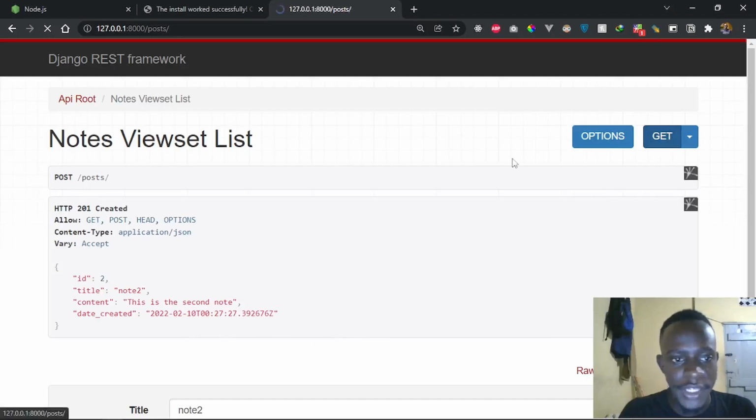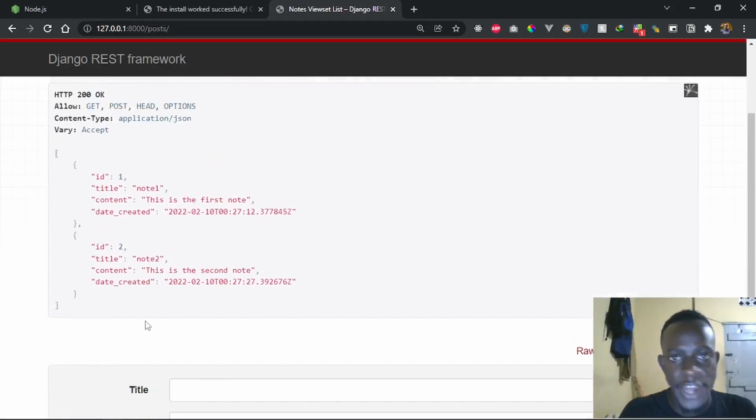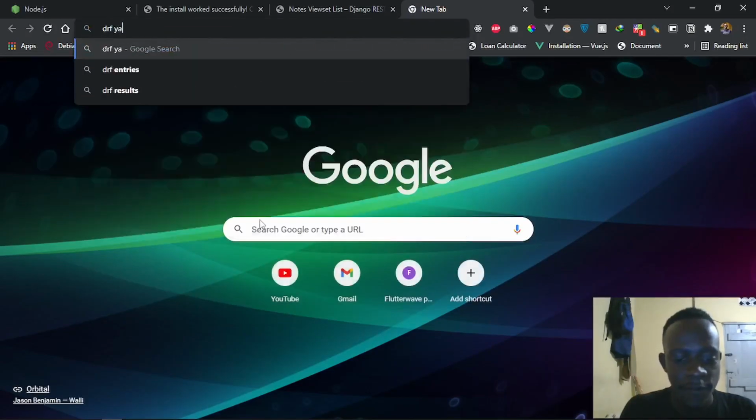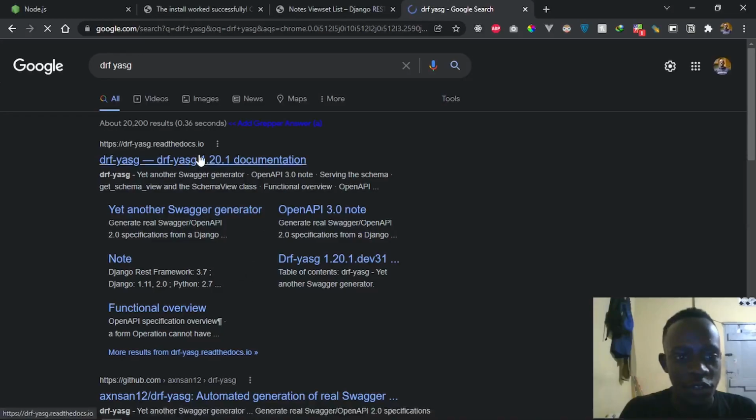When I say get, this is actually going to return all the notes we've created. So right now our API is working. Let's go ahead and document this using our Swagger UI. To document this, we're going to use our DRF-Yasg package. I'm just going to look for it, say DRF-Yasg, and I'll have to first install it. So I'm just going to go to the documentation right here,